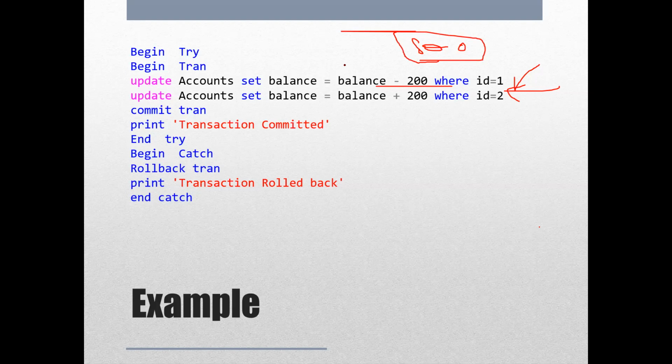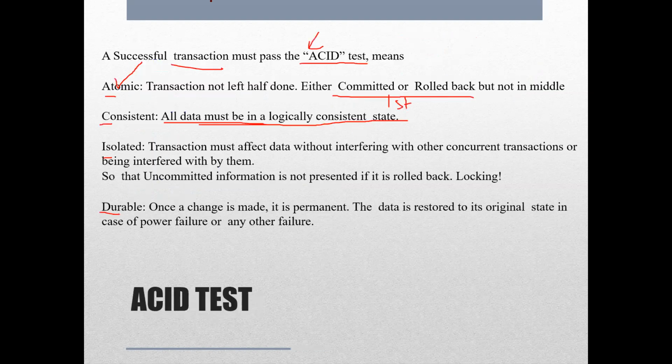Because it was 800, it was changed by this, and maybe there was something else that had to happen over here, maybe something else we have to happen over here. So your data must be in a logically consistent state, not like a half-done transaction. That data should also be in a consistent state, and whenever a new transaction comes and tries to access that data, it should get the consistent state of data, not an inconsistent one.